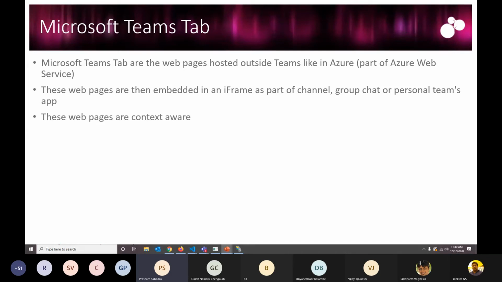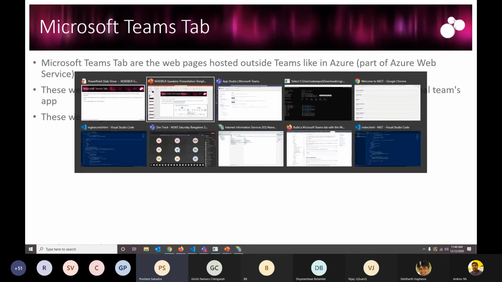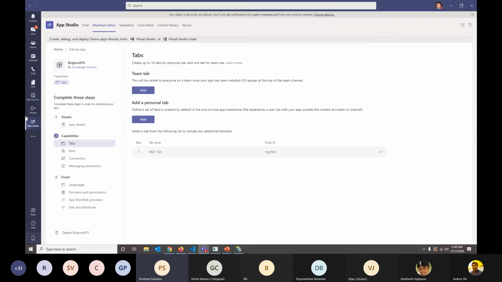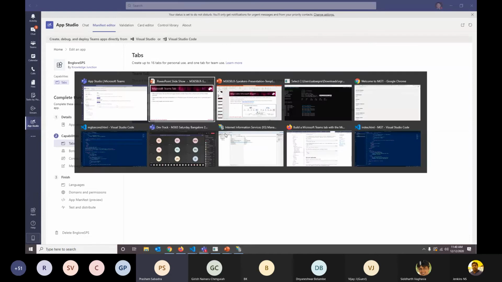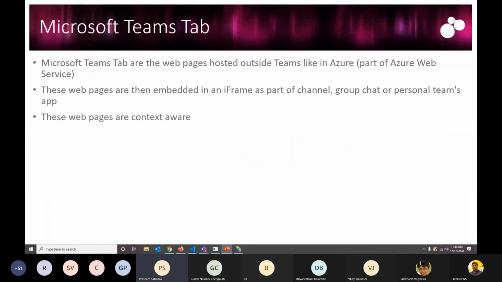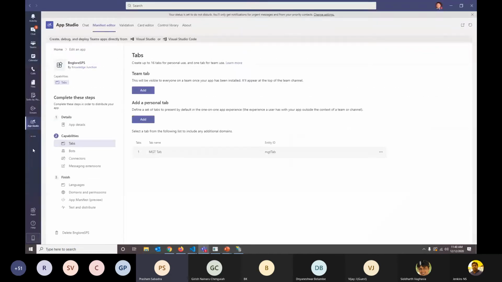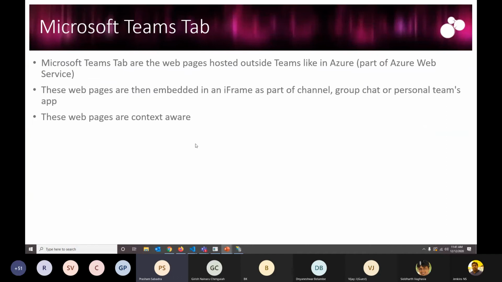If I go to the Teams client again, as we previously saw, we could add a tab as a part of the channel of any particular team, but those are integrated as a part of an iframe. If we create the Teams tab, we can include it in the particular channel, and we could even share it in the group chat.